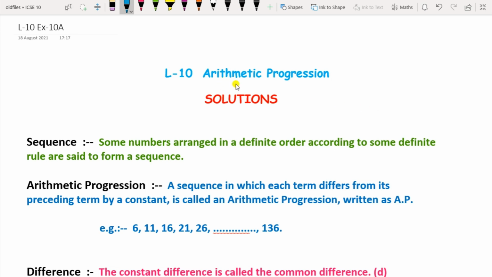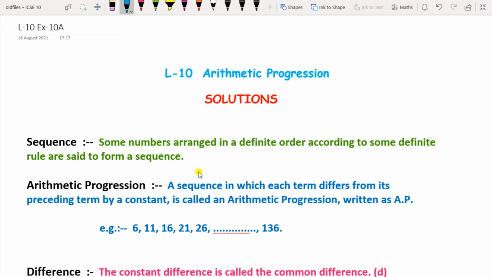So today's topic is arithmetic progression. For that you must first understand sequence. In mathematics, a sequence is an ordered list of numbers or an arrangement of any objects or a set of numbers in a particular order followed by some rule. The numbers which are arranged in a definite order by some definite rule are called a sequence. In our daily life, we come across some sequences quite often.